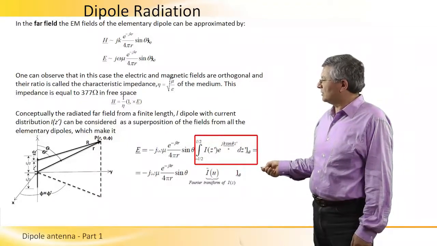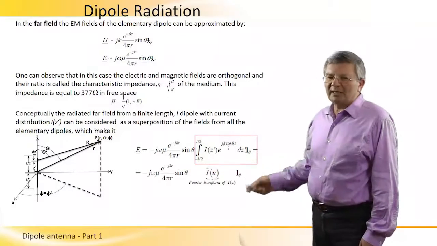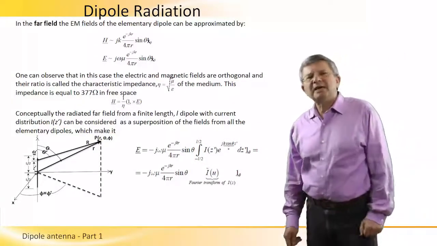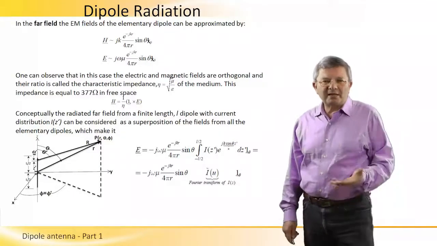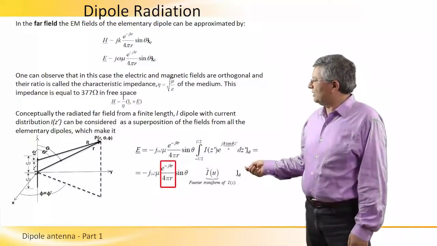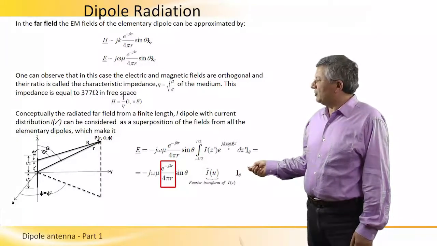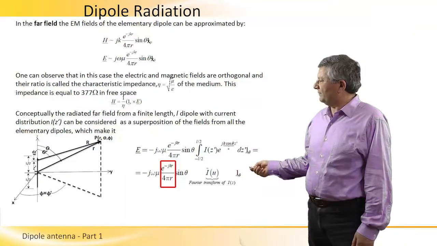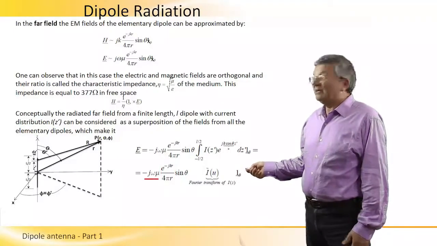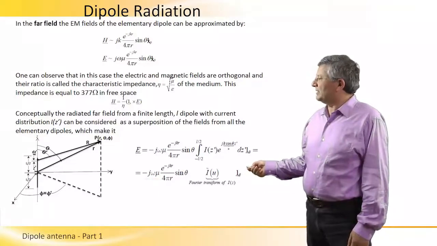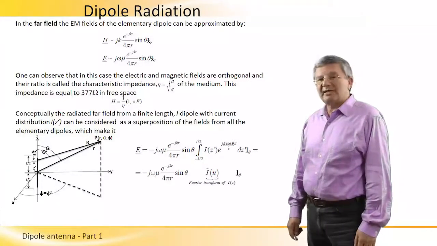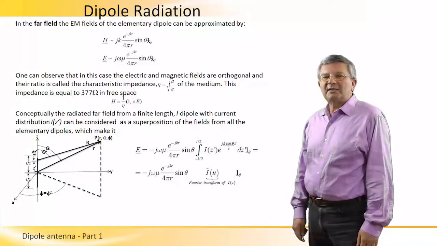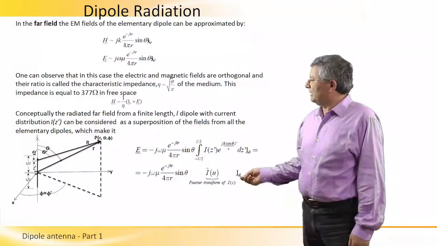And all that is multiplied by sine theta, which represents the radiation pattern or the angular dependence of an elementary dipole, and e to the minus jkr over 4 pi r, which represents the spherical nature of the dipole in far field. j omega in the frequency domain is translated into the time domain to a derivative with time. And we can see the same conclusion that we